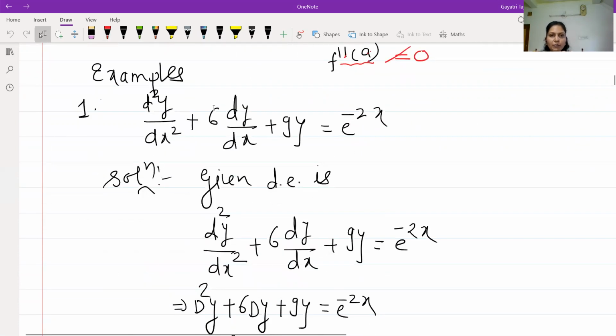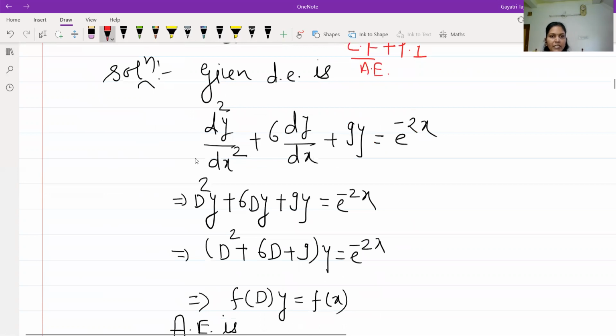Now see here, the first problem. Now this is the LDE we have to solve. We have to solve means we have to find out its CF plus PI. तर CF साठी आधी काय फाइंड आउट करावं लागतील ऑक्झिलरी इक्वेशन आणि मग फाइंड आउट करावं लागेल त्याचे रूट्स. तर मग this is the differential equation.